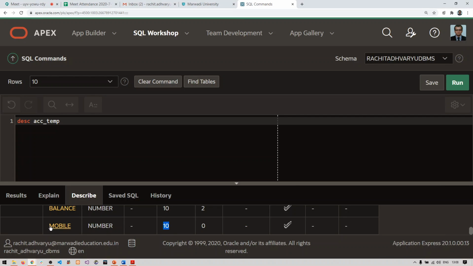So assume that here the mobile's data type is number. Now I want to change this mobile's data type to varchar2. Instead of number, I want to change it to varchar2. So what I will do, I will write down alter table